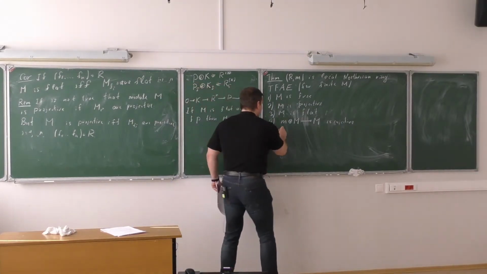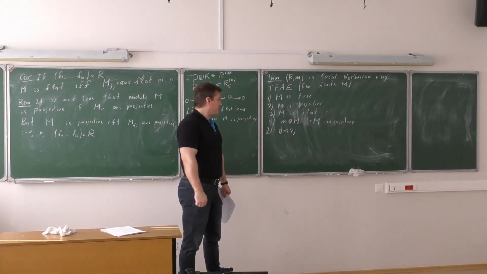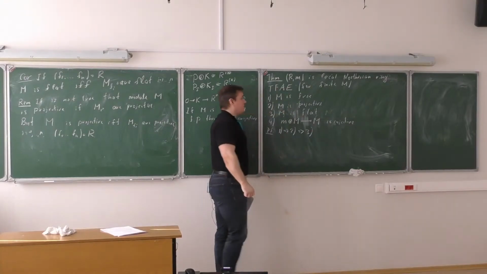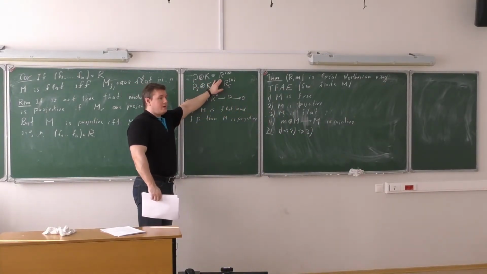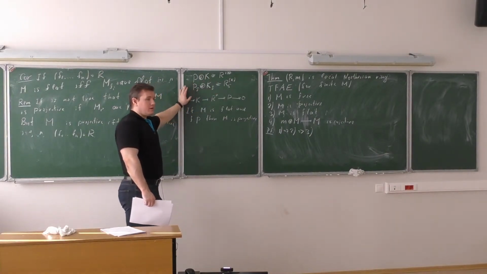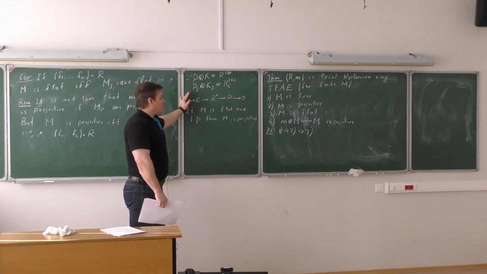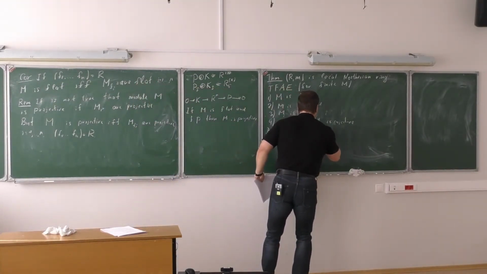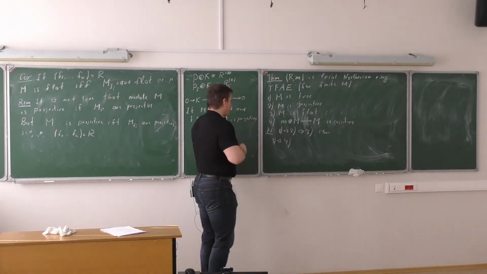What we already know: 1 implies 2, since any free module is projective automatically. Now any projective module is always flat, since a projective module is a direct summand of a free module and a direct summand of any flat module is flat, so this follows from the definition. So 1 implies 2, 2 implies 3, and let me say that this is clear. And 3 implies 4. I need to explain how I get this map.